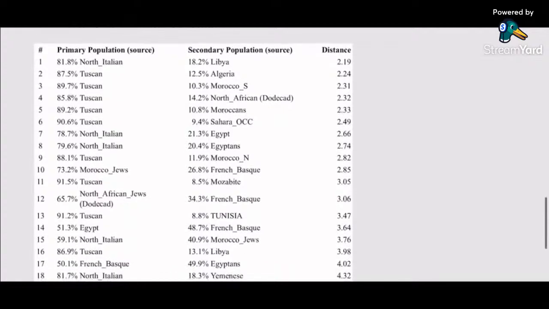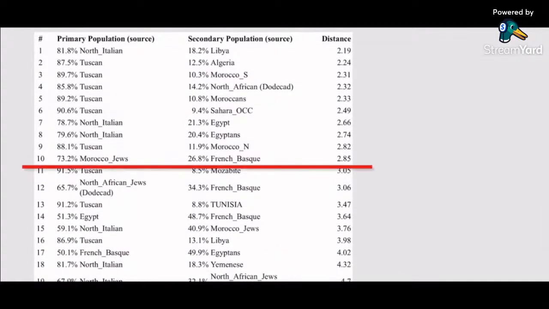And I could go to my mixed mode population results and show that in this calculator, I get a hit of 73% Moroccan Jewish with a distance under 3. But again, I can assure you that just as I'm not Italian, so too I'm not 73% Moroccan. While I do have paternal ancestry from Morocco, I am not 73% Moroccan, whether Jewish Moroccan or non-Jewish Moroccan, right?